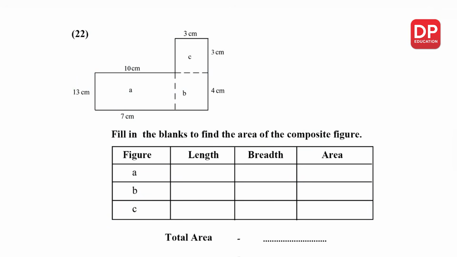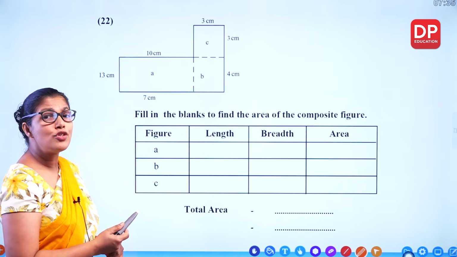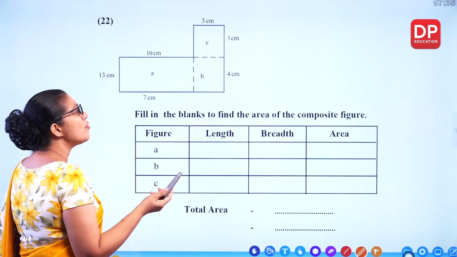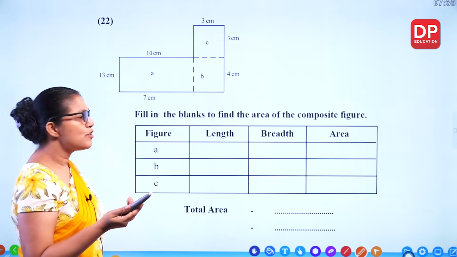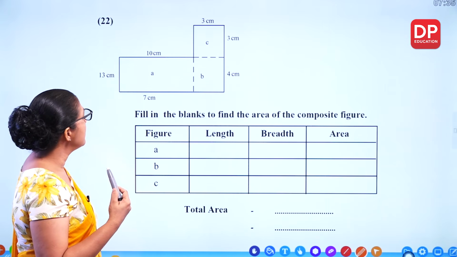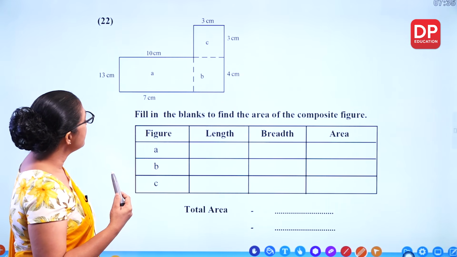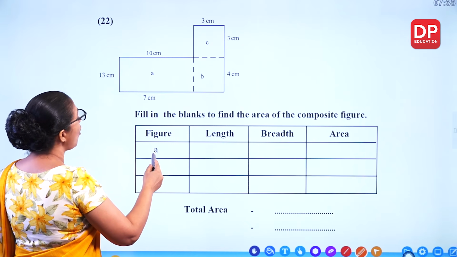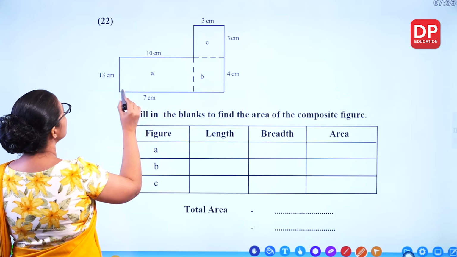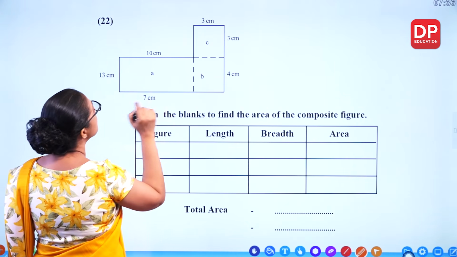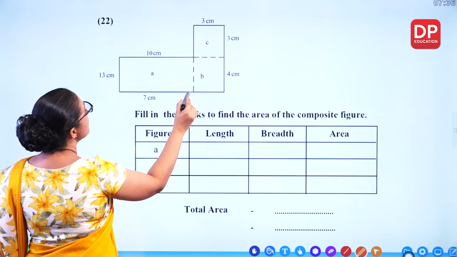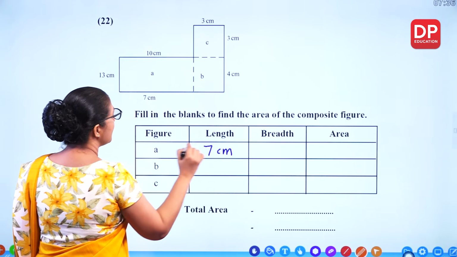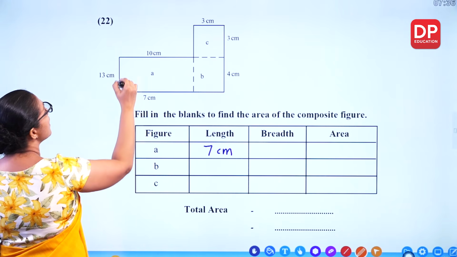Look at this diagram. Divided into 3 shapes, A, B, C. So you can do separately and add it to find out the area. So find the area here using this table. What's the length of A? This part. This is given 7. Breadth of A. That means